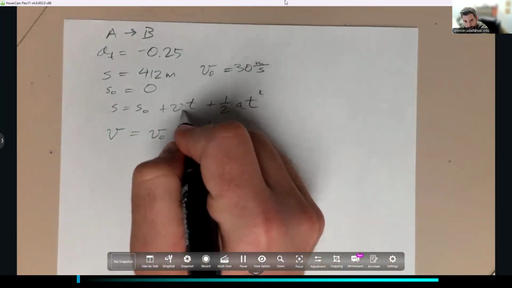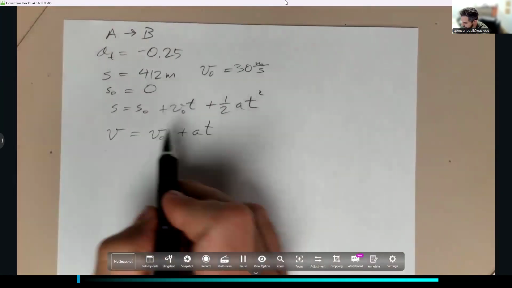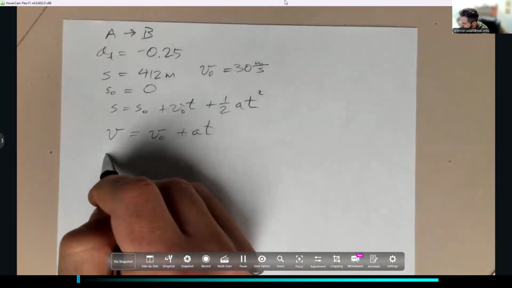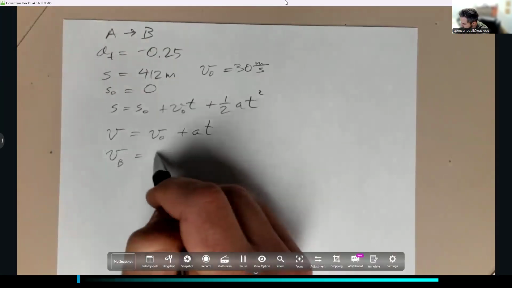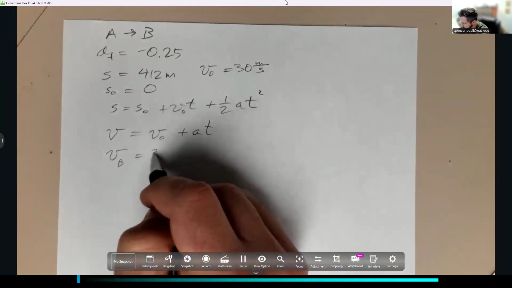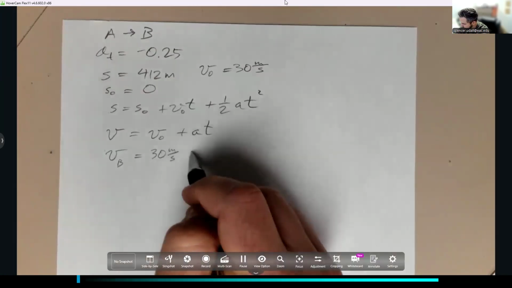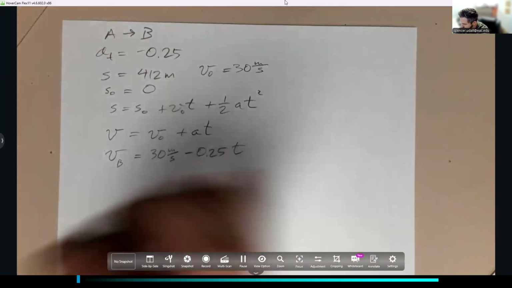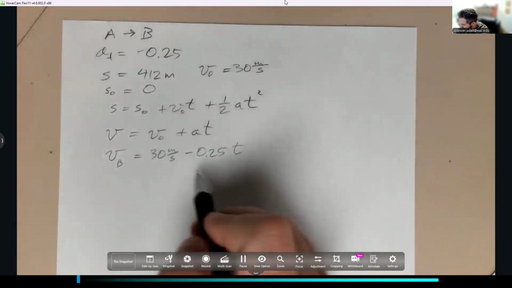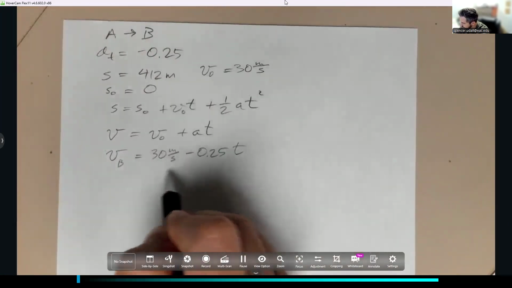We could even replace this with V_A and S_A if we wanted. But V at B is going to be the initial V, which was 30 meters per second, minus 0.25 T. Heck yeah. Now we've got it in the bag. We could say 30,